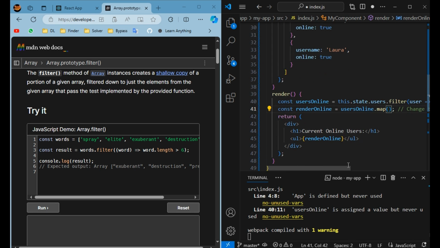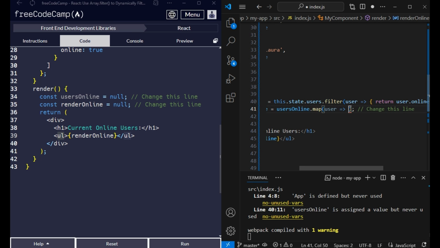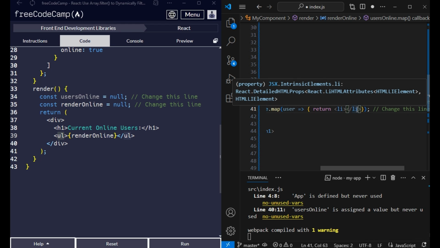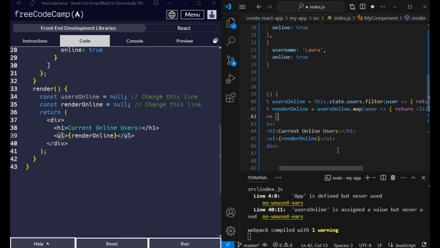So with every user, pass the arrow function, or use the curly braces to explicitly return if you want, space return, and then we are using the list tag. It will be automatically added as the closing tag, and we are passing it with the curly braces, and inside the curly braces